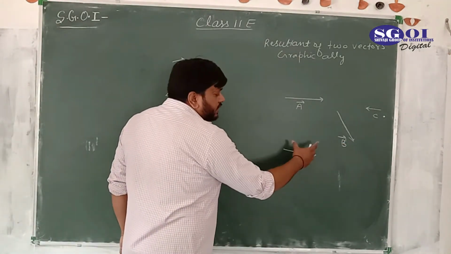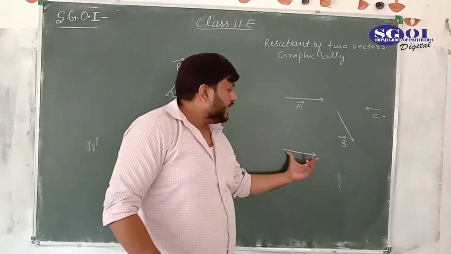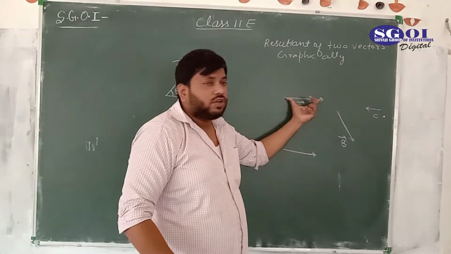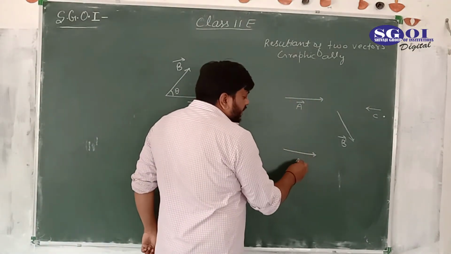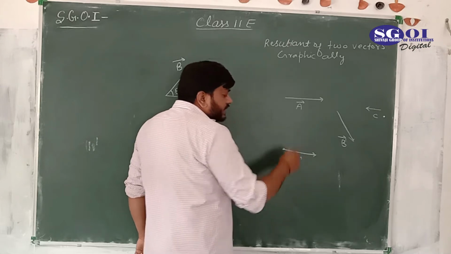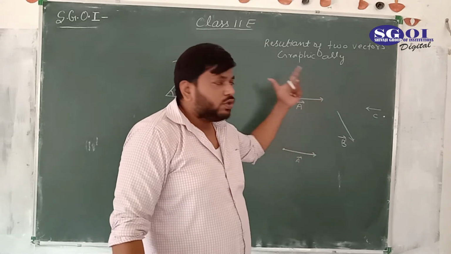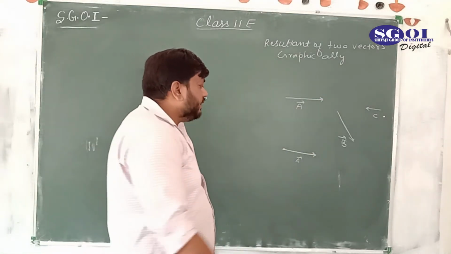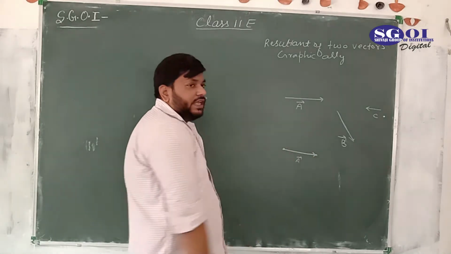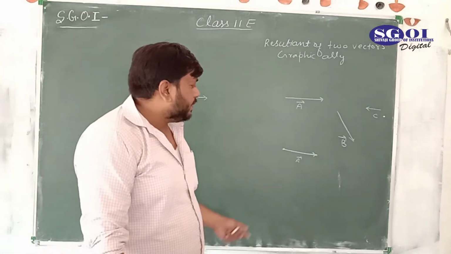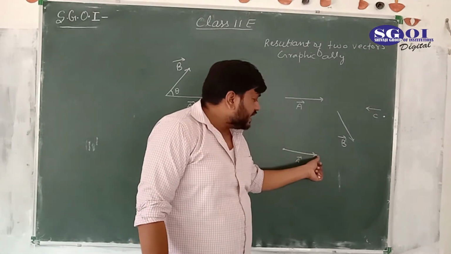So I have drawn this one. The length of this vector would be equal to the length of this arrow, the same magnitude. This is the vector A. I have started from this point and reached this point, and the length is equal to the original. Graphically, this is the head and this is the tail, as I told you in the previous video lecture. And we have reached this point.